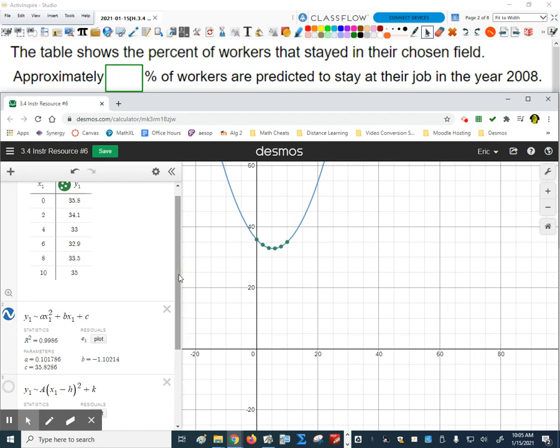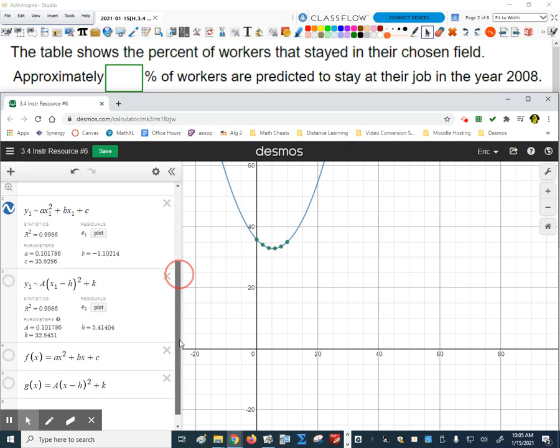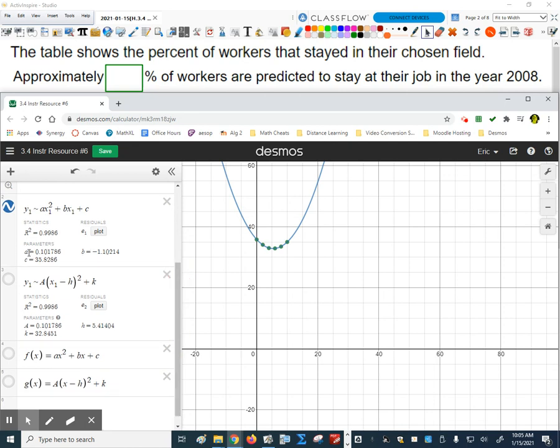Remember that from last time we talked about regression, the regression analysis up here already set the values of the parameters that I defined. So the A, B, and C and the uppercase A, H, and K values have been assigned to those parameters by the regression. So then I could use those parameters to actually build a function. So I could come down here now and say something like f of x is equal to ax squared plus bx plus c. And look, now I've got a function,